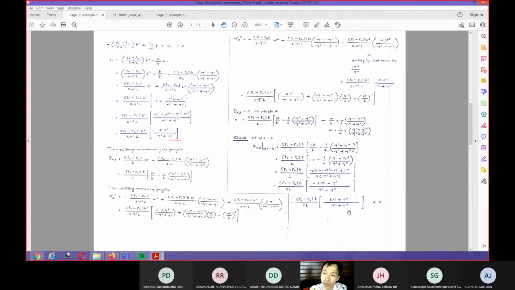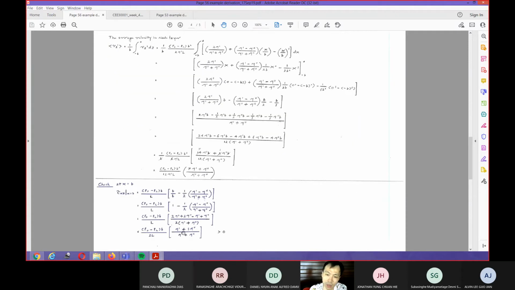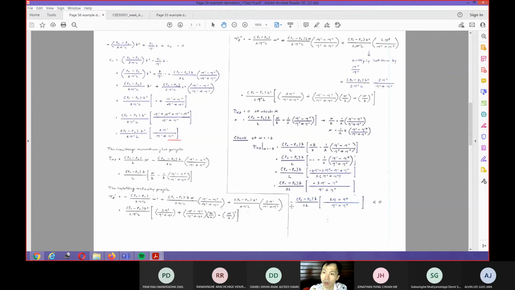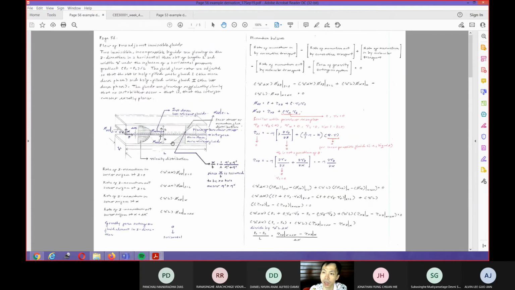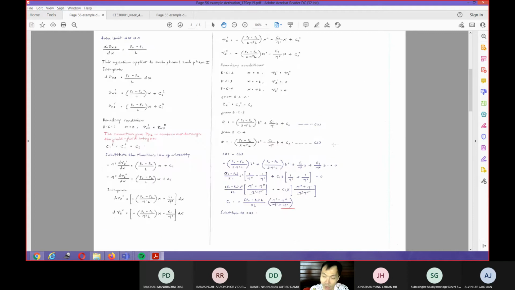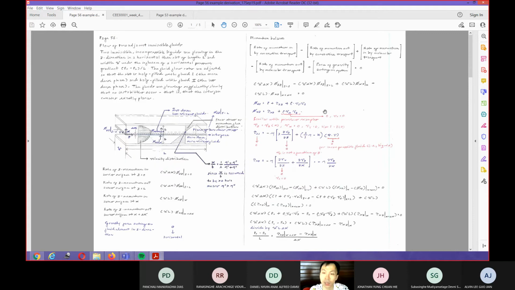So that means that this all should be less than 0. And that's the same with this one as well. Once you see this form in here, and you know that for all the variables in here they have to be positive, then you know that this should be positive, or above 0 basically. That's why it will change from negative to positive. It will be negative at x equal minus b, and then it will be positive at x equal b. That's how I get this particular profile, right?